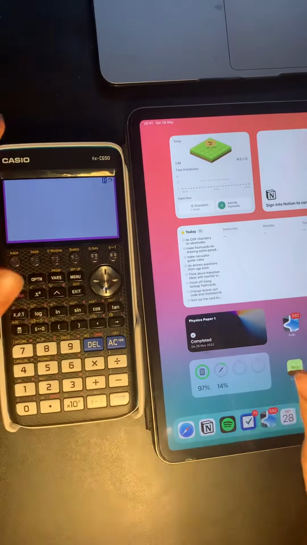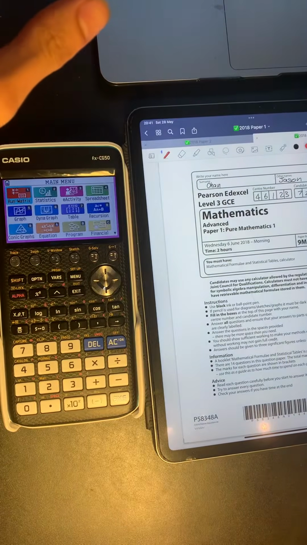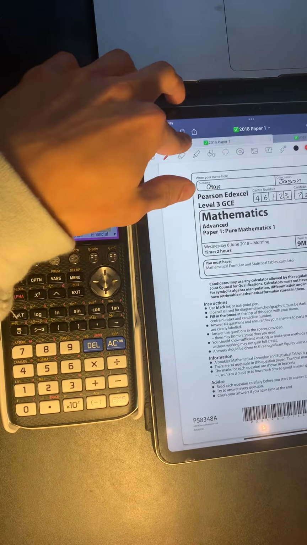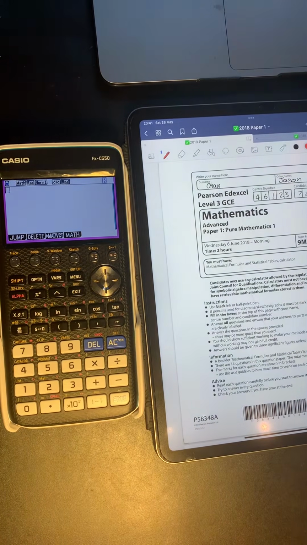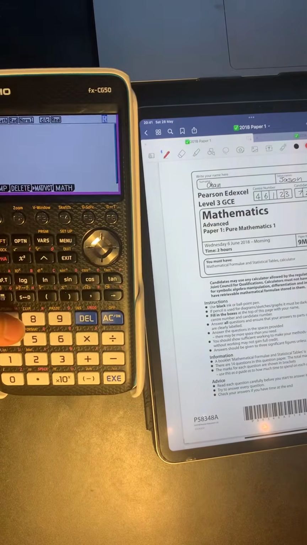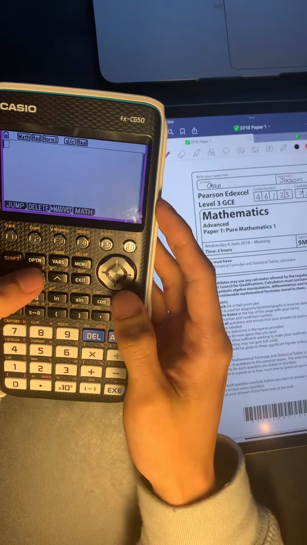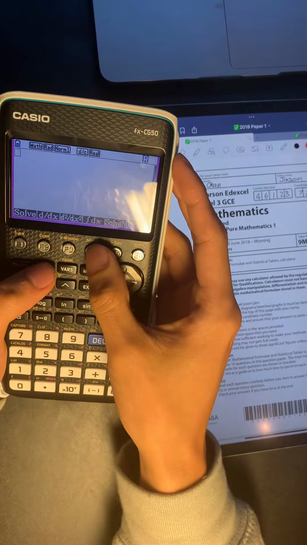So everything I'll be doing will be in exam mode, and I've done the 2018 paper 1-2 and will tell you what you can do with the calculator in regards to checking your answers, as well as doing the questions and helping you see the graph. By far, the most important hack is obviously the graphing function. However, I think the very clutch one to definitely know is to go into option and go to calc and